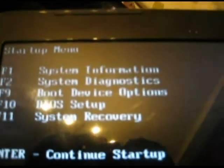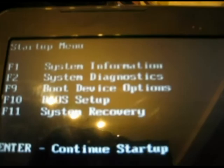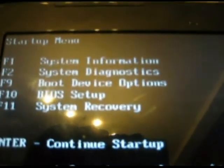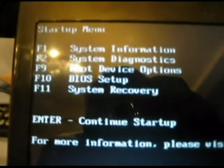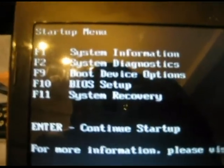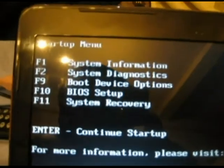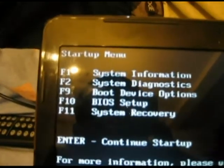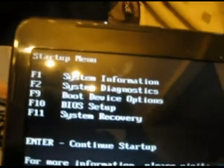Now take note please, because even though I pressed escape, that's because I have it set up so that it takes about 5 seconds to show the option to press escape. But if you don't, alright, as I was saying, this option usually you can't get to it because you can get to it, but you have to be really quick. Once you turn on the computer, you have to start pressing escape. I have it set up for 5 seconds, so it takes a little more time, and that you can set